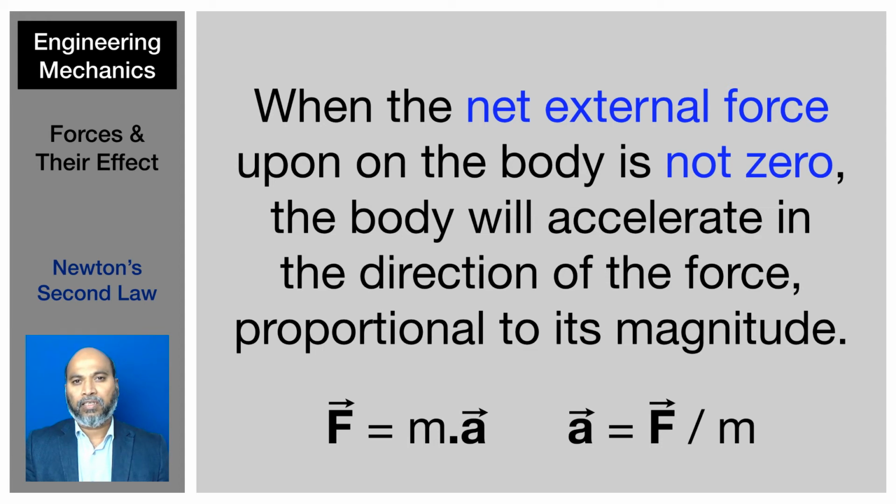In this case, a is the acceleration. It can be calculated as force over m, which is the mass of the body. And that is where we get F equals ma, the famous formula of Newton's second law. So this is Newton's second law. So essentially what we have looked at today are the effects of forces, for the various types of forces that we see around us,